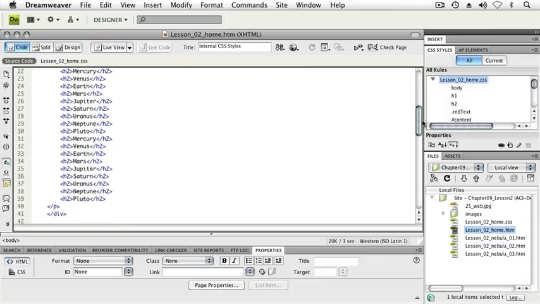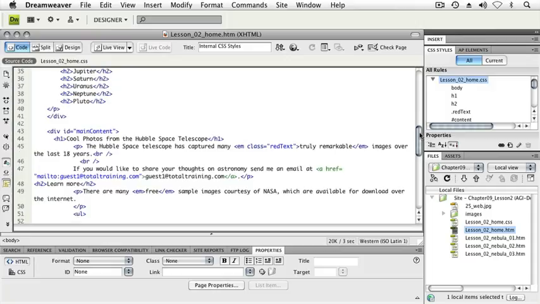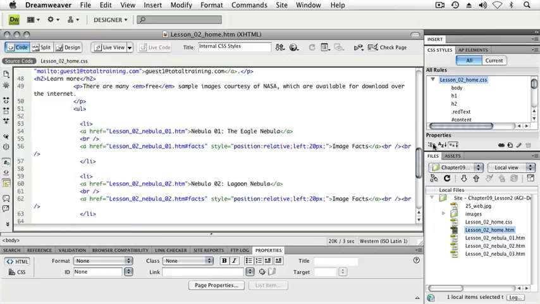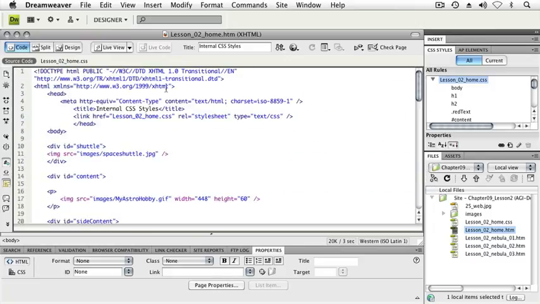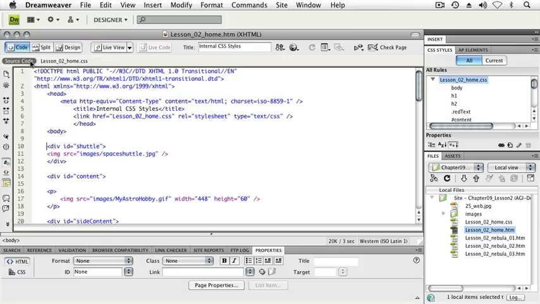Dreamweaver is color coding my HTML. This has no functional benefit. It's merely a tool to help you recognize like items of code. If I scroll back up to the top, I can also see that an external file is referenced, and I can view and edit the contents of that external file by clicking on that external file name. We'll come back to editing our external files in a little while, but for right now I'll switch back over to the source code for my HTML file